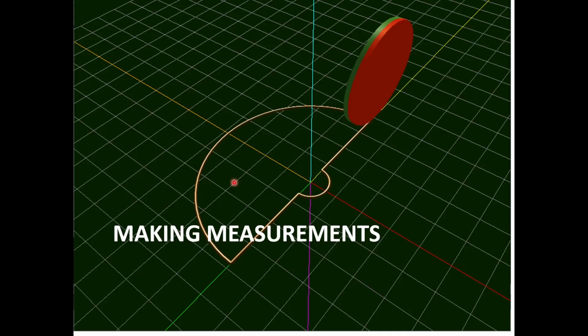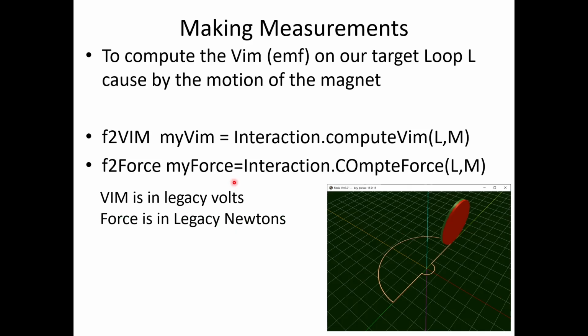Okay, returning from that example, in this one we're going to talk about making measurements. How do you make measurements? How do you compute the effects of one part of the simulation on another? And it's very easy. All you have to do in order to compute the Vim or force on the target